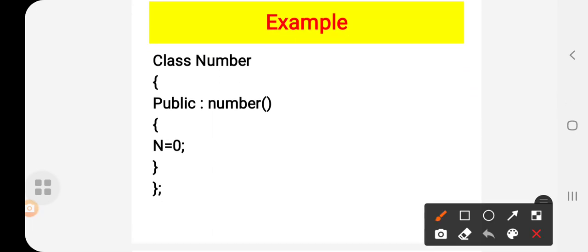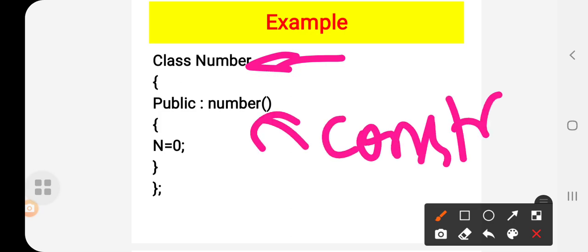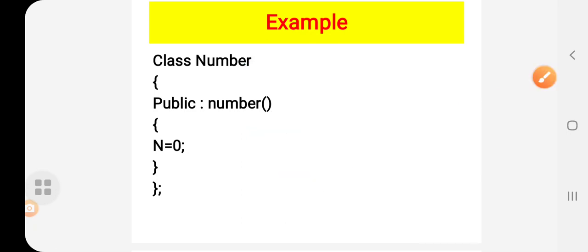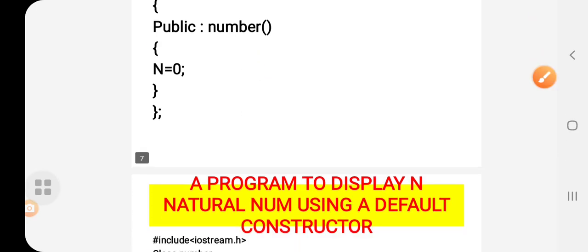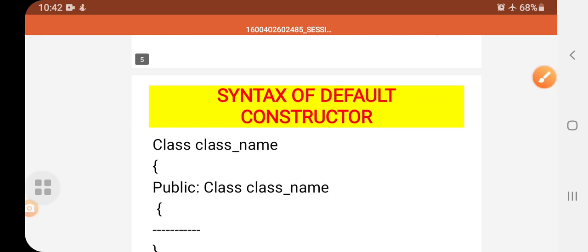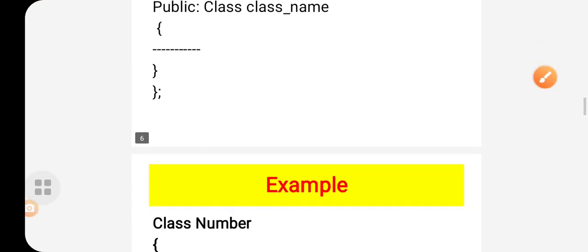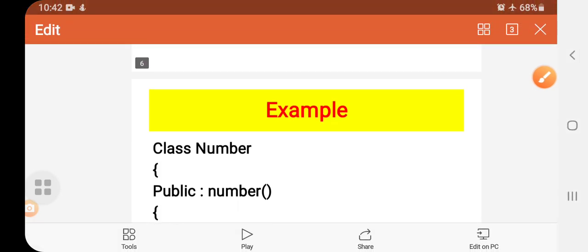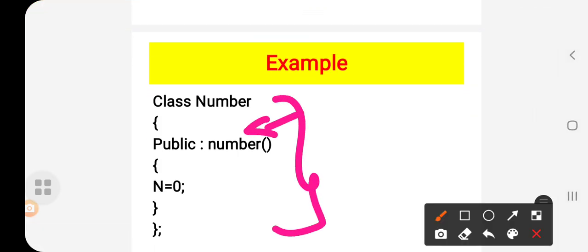Here, number is the class name and also the constructor name. To be specific, it is a zero parameterized constructor, in the sense it will not have any values passed. So this is the syntax and an example of a default constructor, where you can see there are no parameters inside.